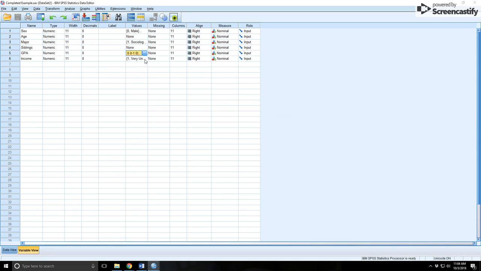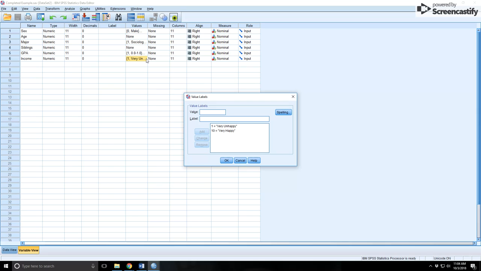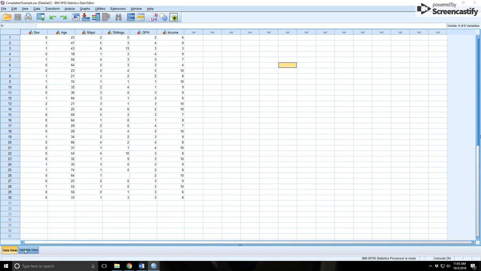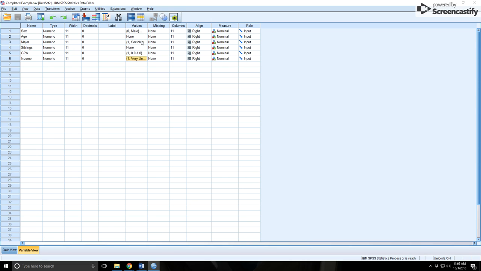And then for my interval variable, all you want to do here for your intervals are label your extremes. You don't need to label the 2 through 9, presuming your scale is 1 through 10. Just label your extremes. Very unhappy, very happy. So once you have all your data entered in here and all of your value labels here, then you want